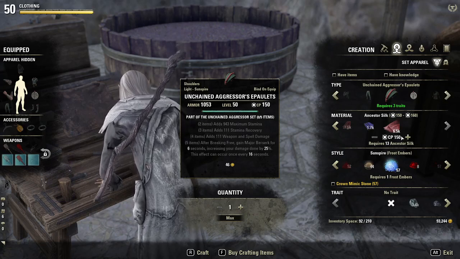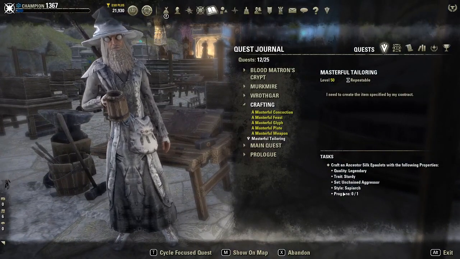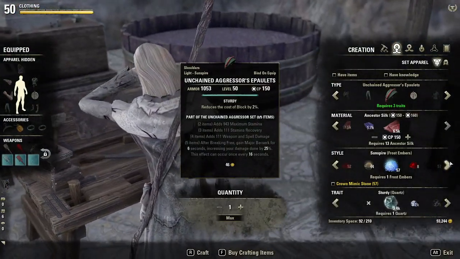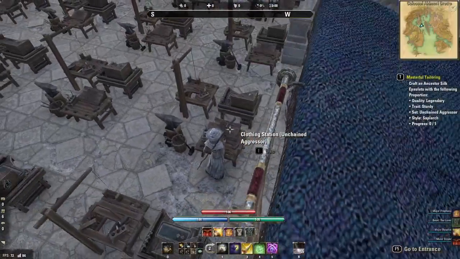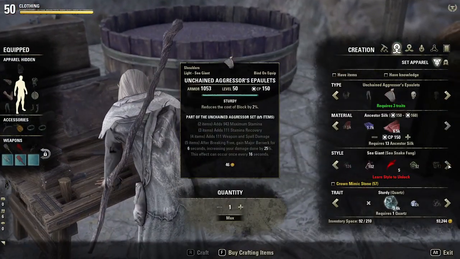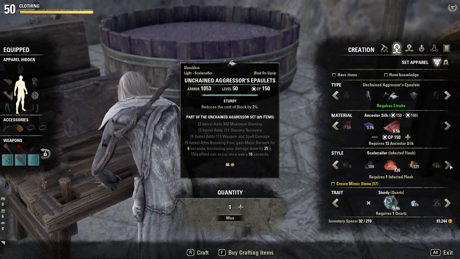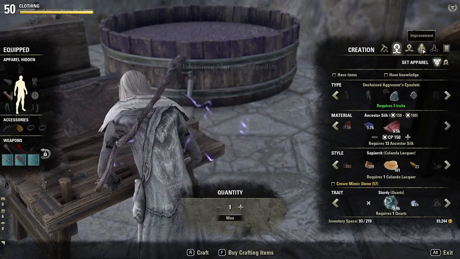We don't have to make it expensive. Legendary, sturdy. Ancestor silk. Yeah, so sturdy. And that looks good, except what was this? What was it again? Let's see. We're already at the end. Where is it? Oh, there it is. So do that and